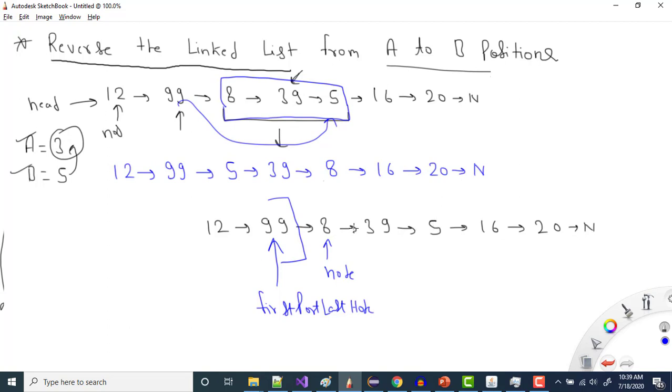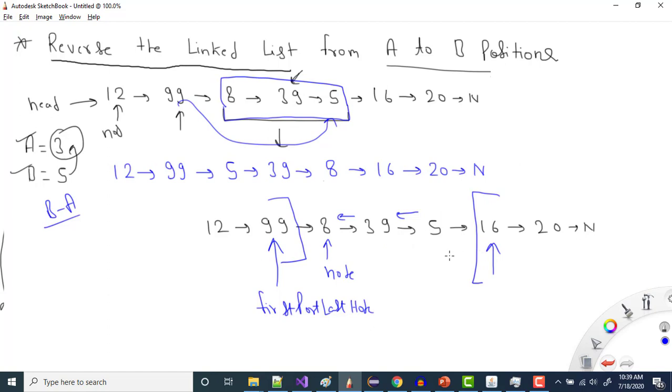So in reversal, it will basically point from here to here because we are doing reversal. Also, we'll do reversal b minus a times. Now what is there, 5 minus 3, because we know that we need to reverse from 3 to 5. So if I have reached till here, it means I will do reversal 2 times. In the first reversal 39 will point to this one, in the second reversal this 5 will point to 39, right? So now we have done the reversal. Once we have done the reversal, it means I have this point also, because I am always storing this one, right? So I have also stored this point.